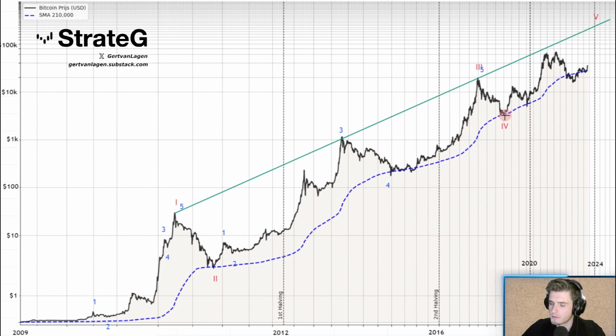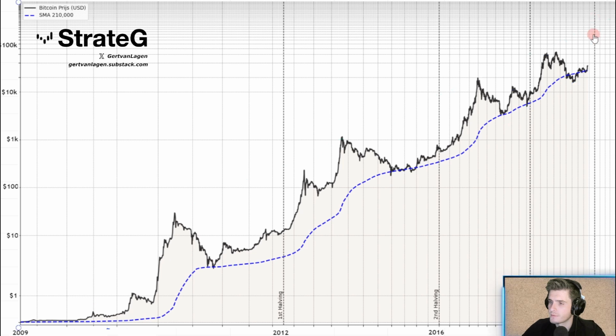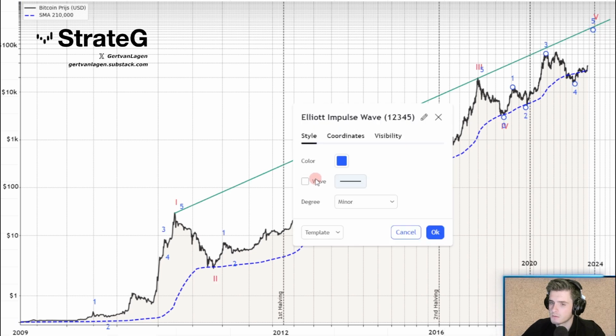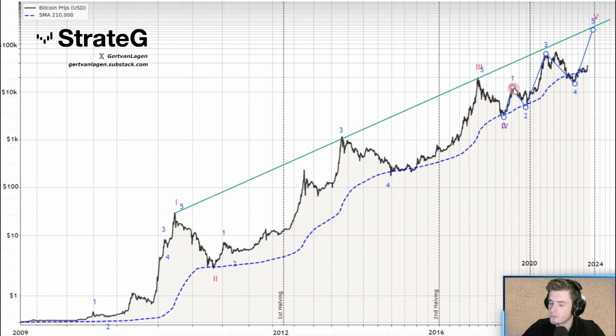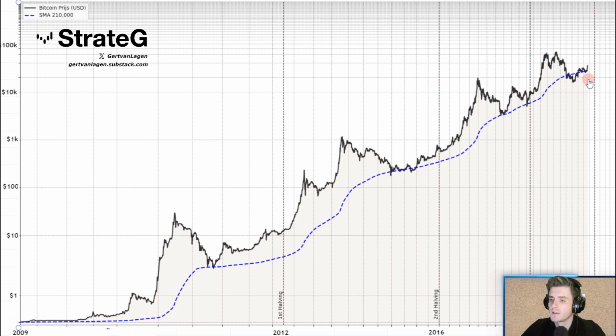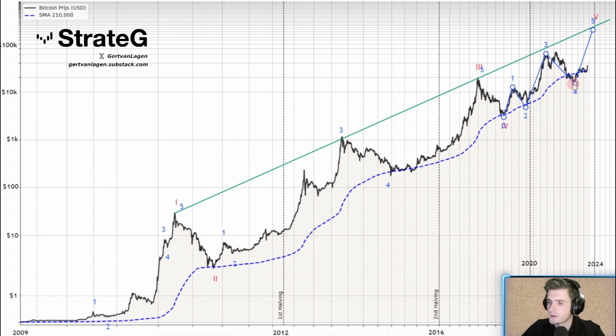And then now the final one from the red 4. This was back in 2018, the 2018 bear market, and then we have the first run up before the COVID dip. Then we had the COVID dip here, testing the blue line. Then the second impulse of this subwave, back to the blue line, test 4, and then what I expect is a 5th wave up. So it's maybe nice to show this way, because the 4 wave never dropped below the 1 wave. That's a rule for Elliott wave theory, and it held here at 15.4k,